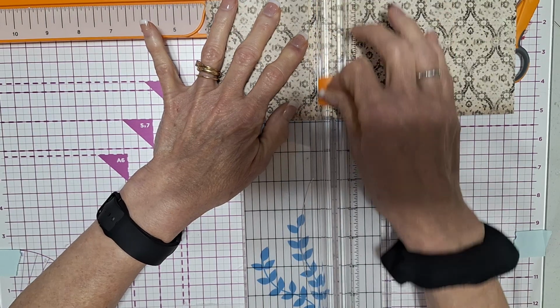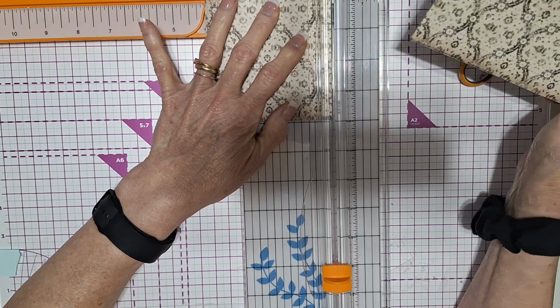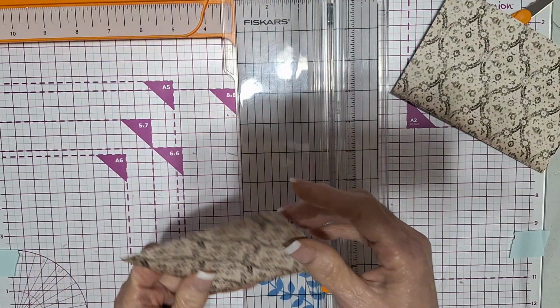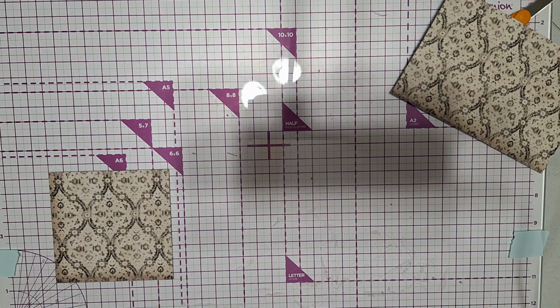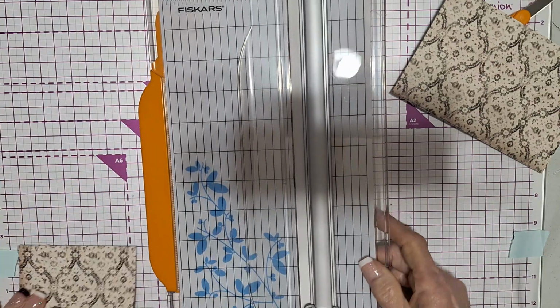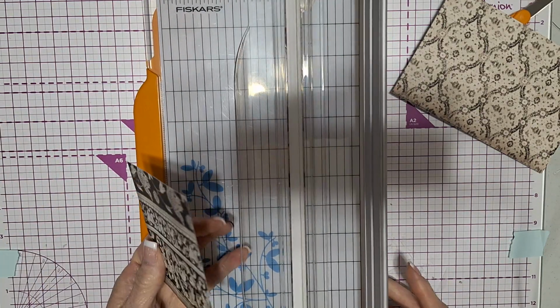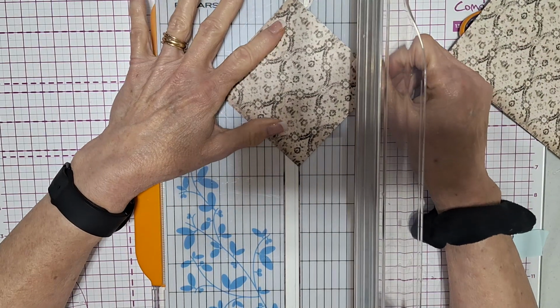Oh, you know what? I don't like this one. This is not my favorite one. I like the other one better. Let me get it. This is the one I like. Okay. So now, I want to cut this on the diagonal